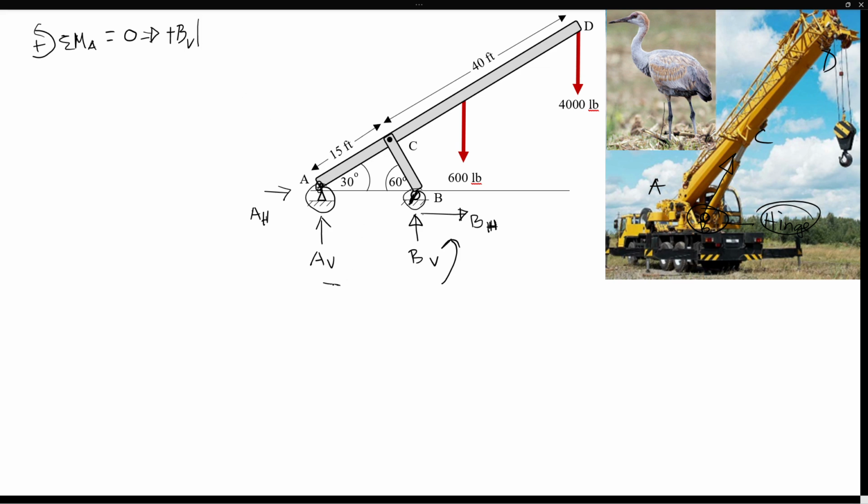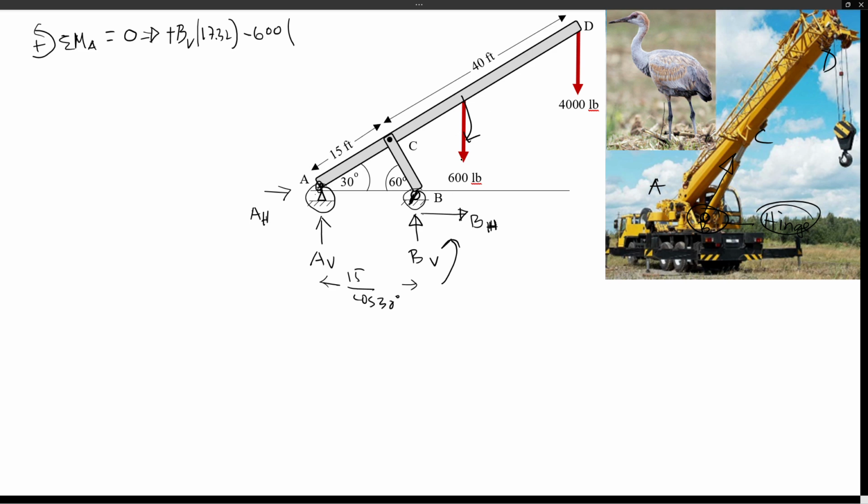So it is the distance from A to this B force, which is 15 divided by cosine 30 degrees. So I found that 17.32 foot. And then 600 will do a clockwise moment. So it will try to push down. So with respect to A, that's going to be clockwise. So the distance of that is actually half of the boom. This is the boom weight. So it's going to act in the middle of the boom, which is total 15 plus 40, 55 foot, divided